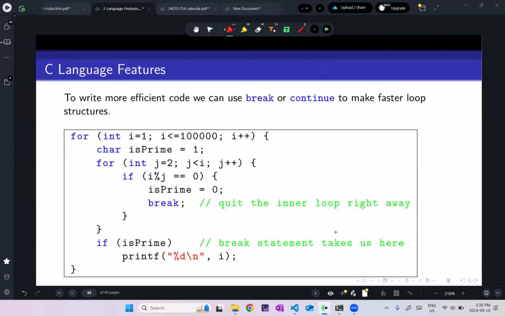All right. Now, because we're writing technically system level code, we want to be efficient. So one of the things we can do to be efficient is to use the break and or continue keywords. So break will break out of a for loop. And if you're in a nested for loop, it's going to break out of one level, right? And continue will not break out of a for